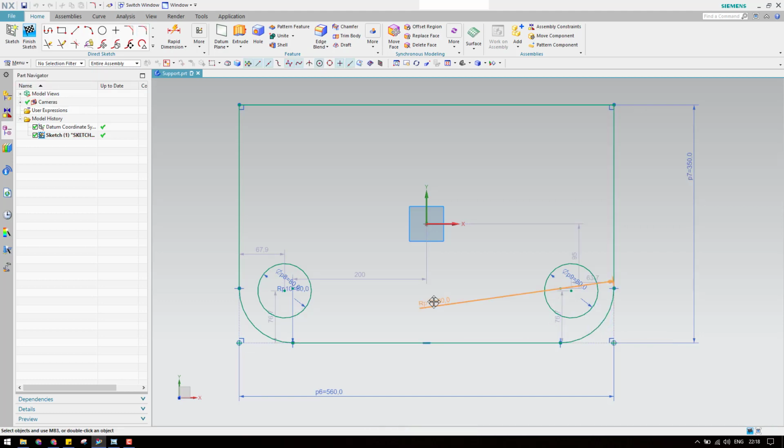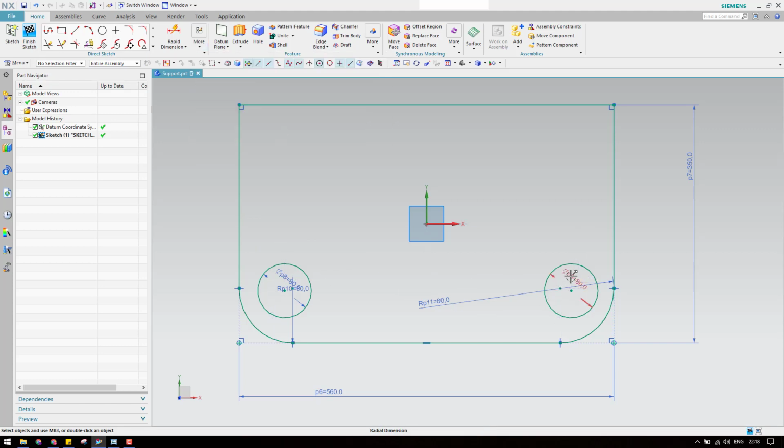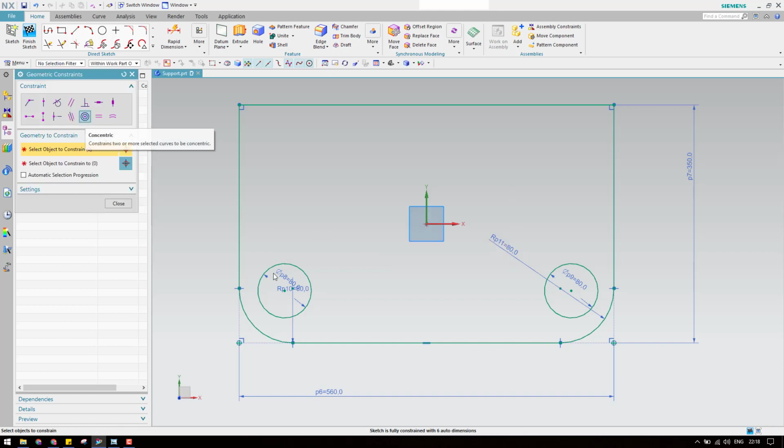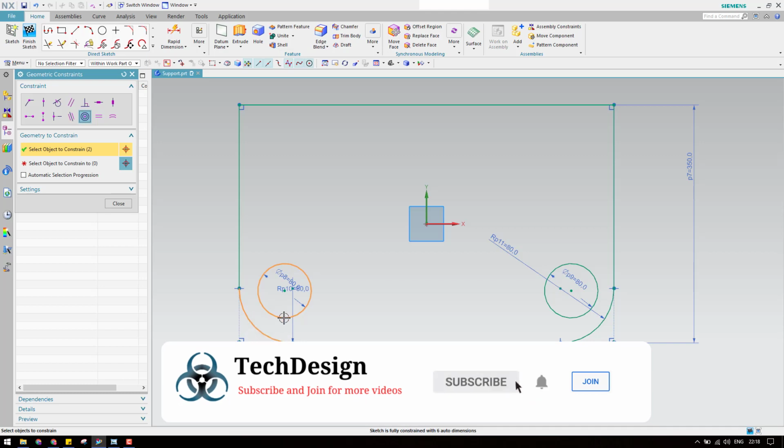There are many dimensions coming up, so let us hide them. Now I will make it concentric. Press C and then take it to the concentric, and make these two circles concentric.